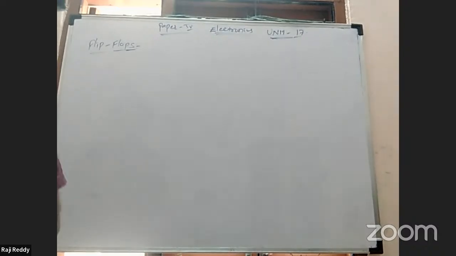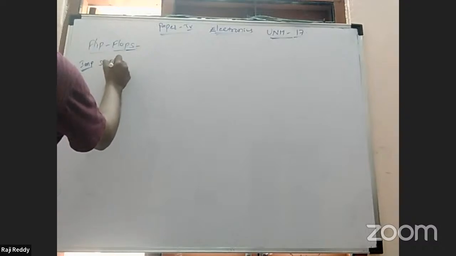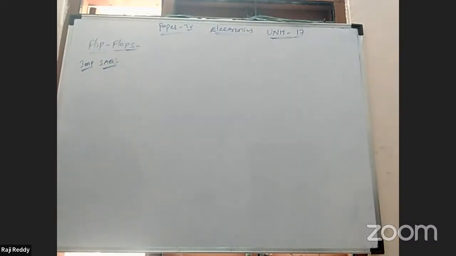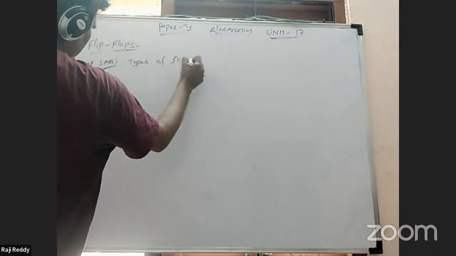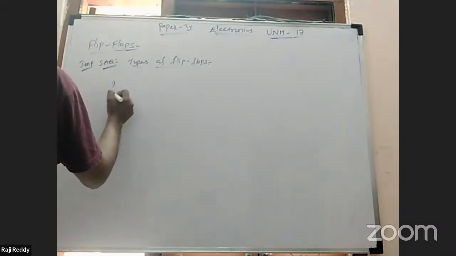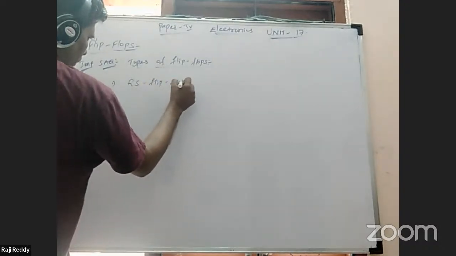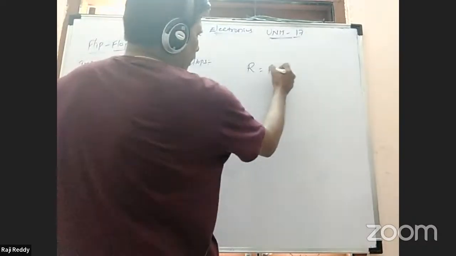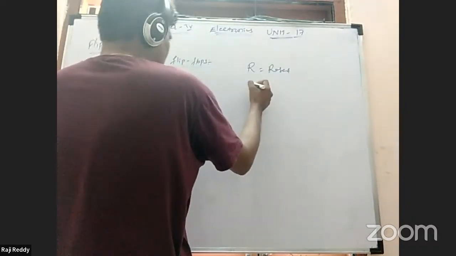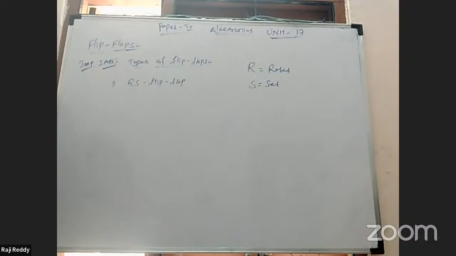Okay, that's it. And one important SAQ here. Sometimes they'll ask types of flip-flops. Just simple types of flip-flops. Just names only enough. In that one, first one, RS flip-flop. R indicates reset, S indicates set. R indicates reset, no need to write, just to remember. S indicates set. Set reset, like reset set type. RS flip-flop. Next, second one,